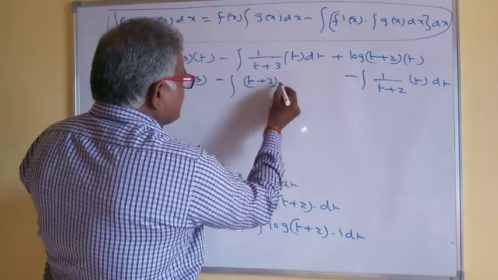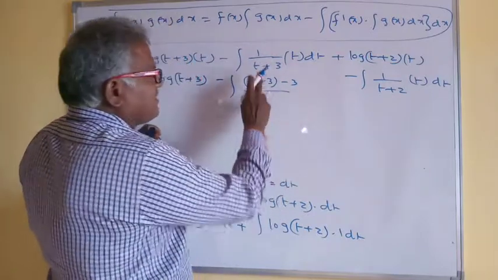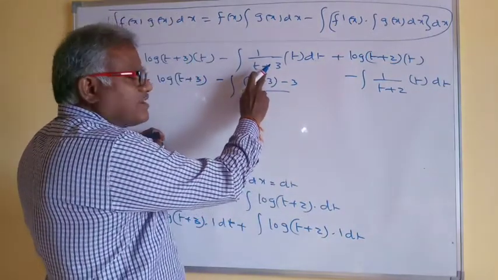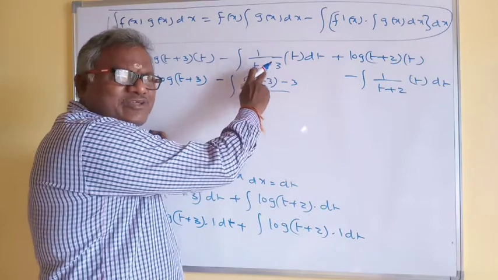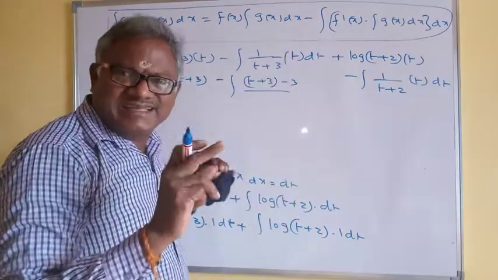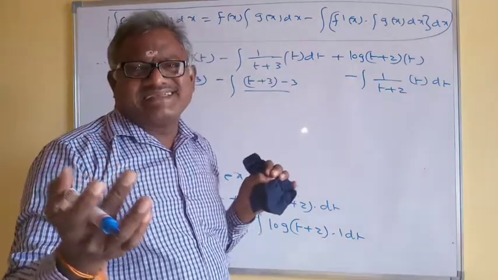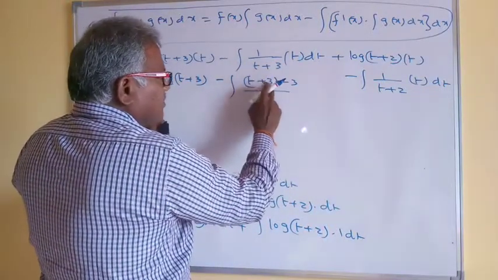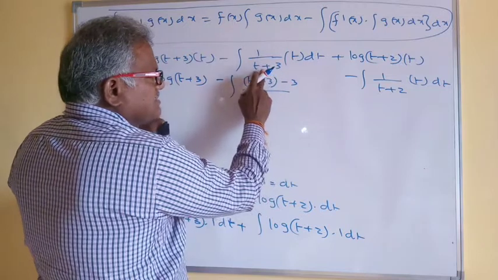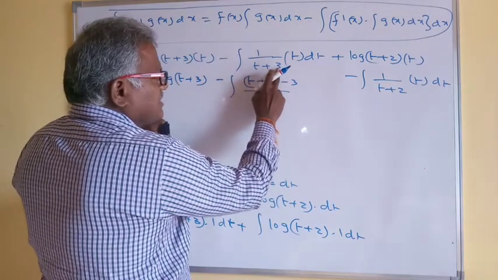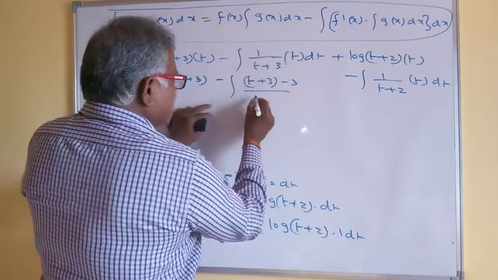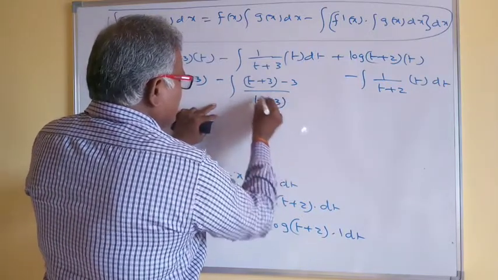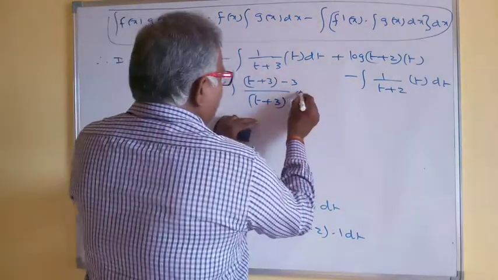Plus 3 minus 3. Just simply, with the help of denominator t plus 3, you have to rewrite the numerator t as t plus 3 minus 3. No change in this one, as this t will appear, only plus 3 minus 3, because here in the denominator t plus 3 is there. So to simplify such an integral, just write like this.